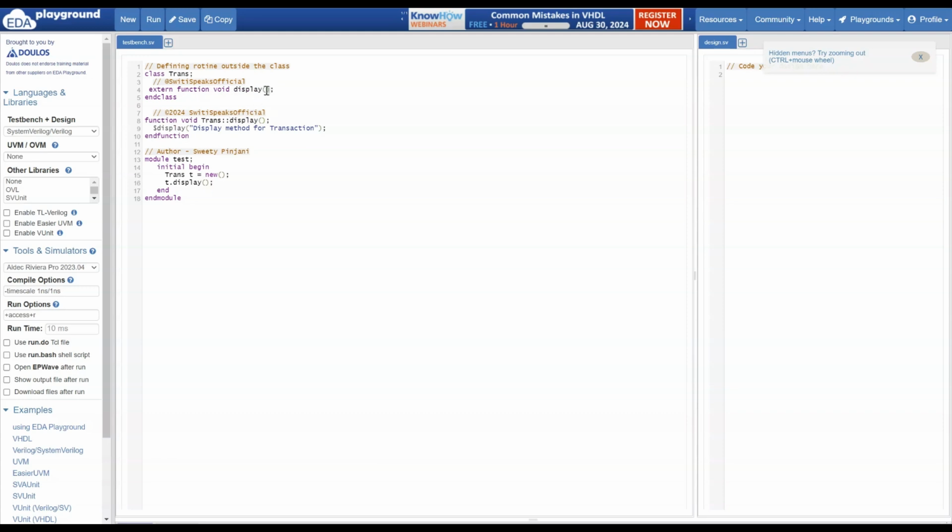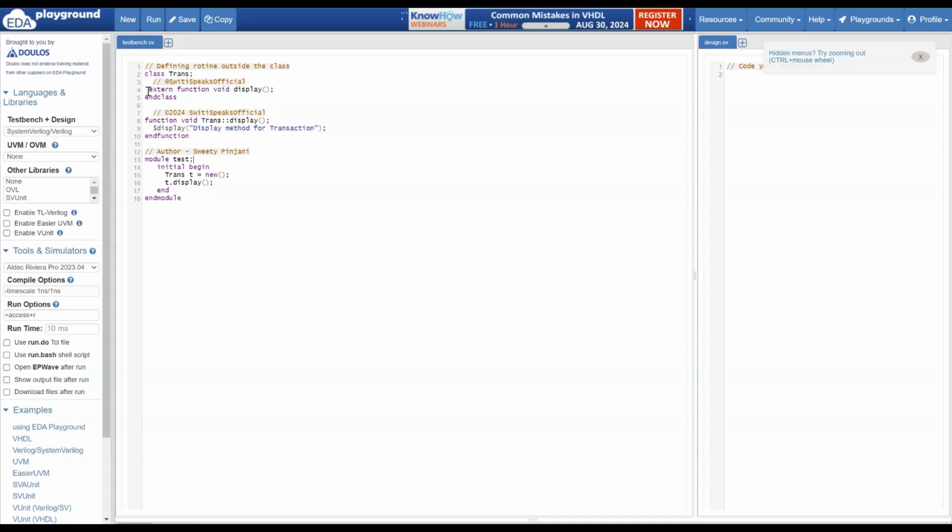Right now I don't have any arguments, and here also no arguments. I have just taken an easy example so that you understand. And I am doing nothing, I am just saying display method for transaction. I am keeping it simple because here we need to first make you understand, then by yourself you can practice more complicated examples. So here the only thing I am saying is one display statement.